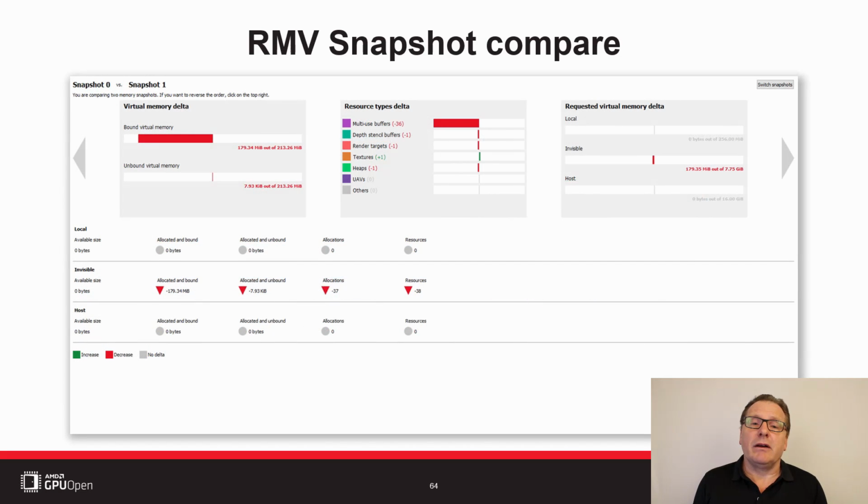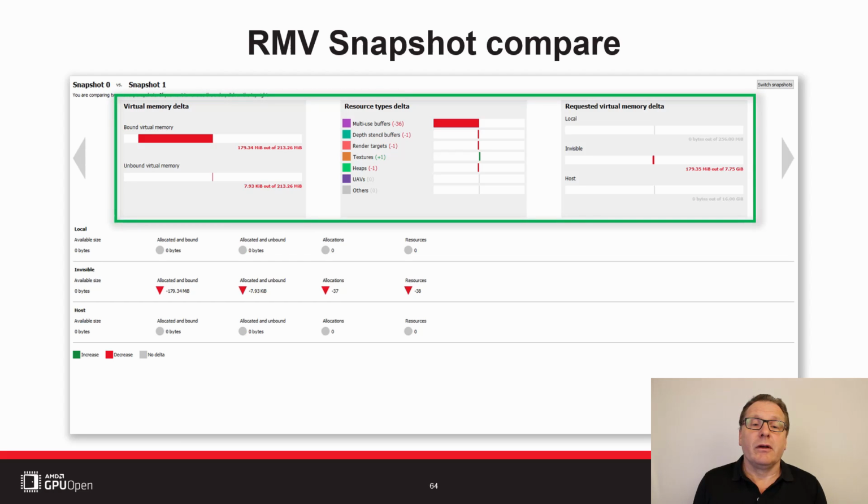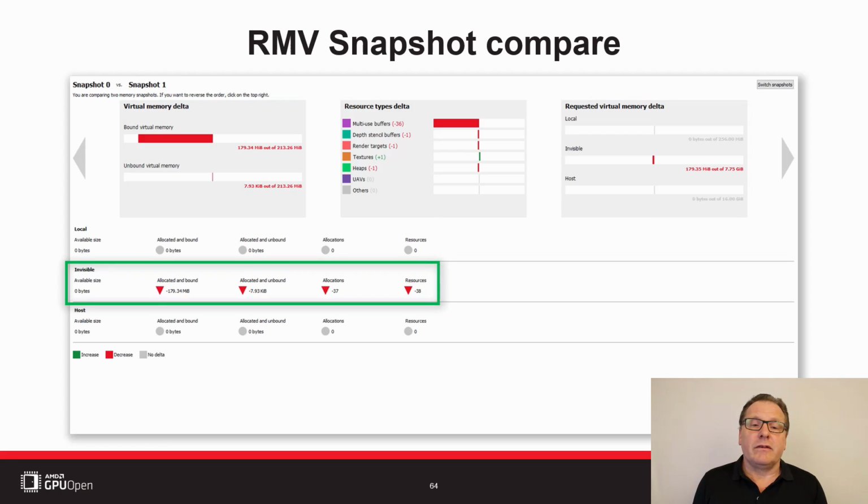This time we see plenty of red in the delta graphs, indicating a reduction in virtual memory and resource usage. We can also clearly see the amount of memory recovered and a reduction in the number of allocations and resources being used. The Snapshot Compare tool allows us to answer our final question: did I forget to remove resources when no longer needed?